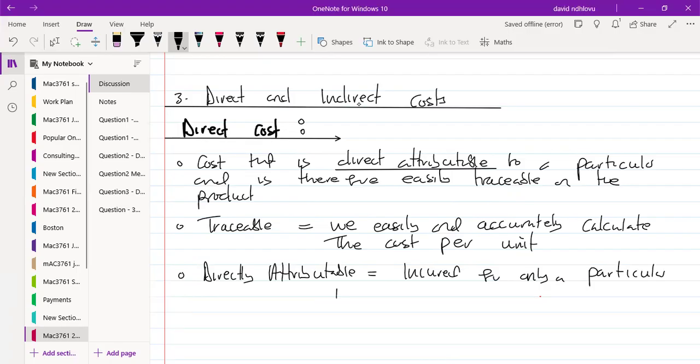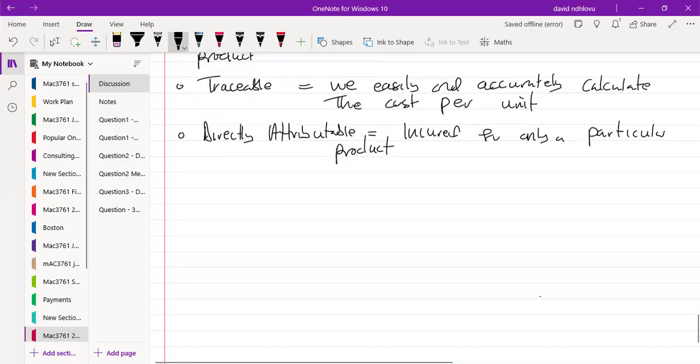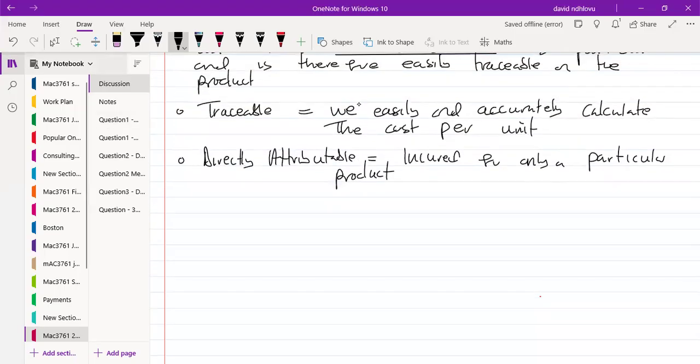In other words, without that particular product, we will not have such a cost. So for example, let's say we have a factory